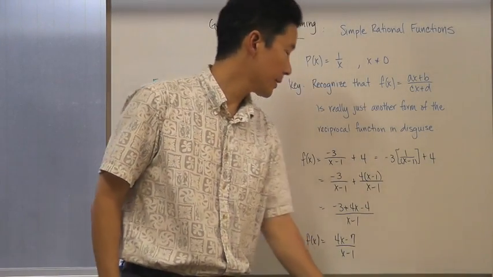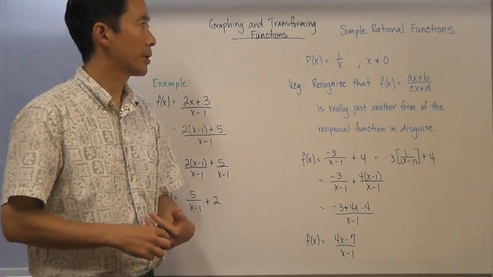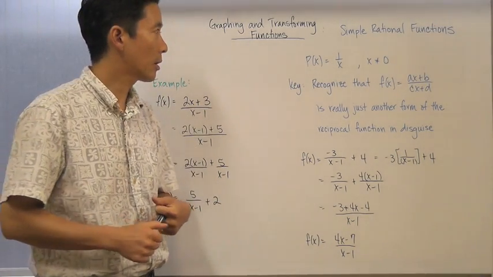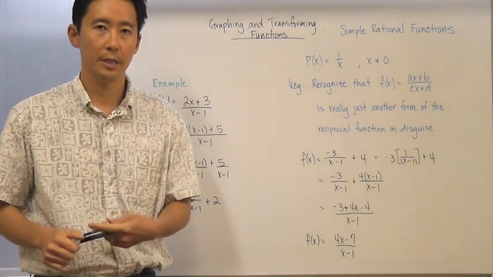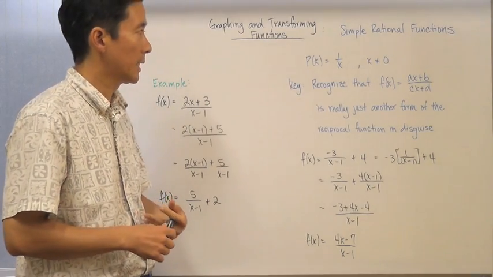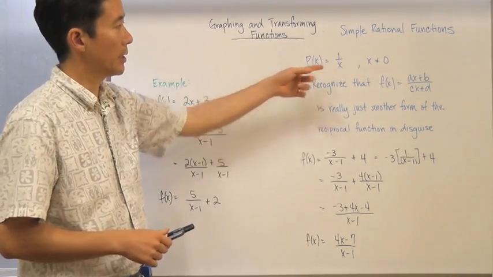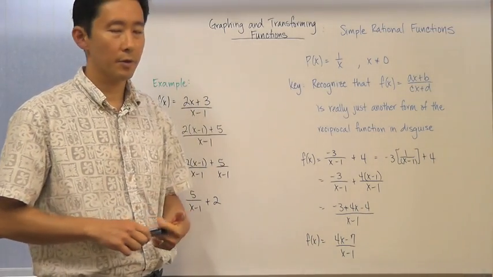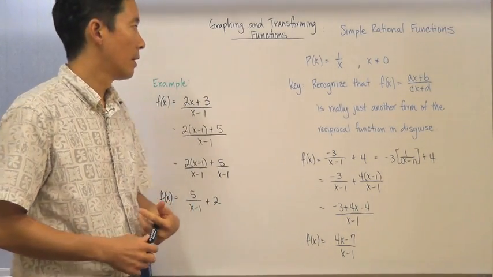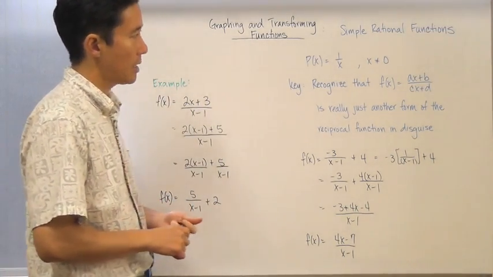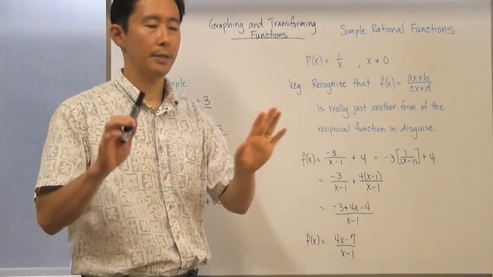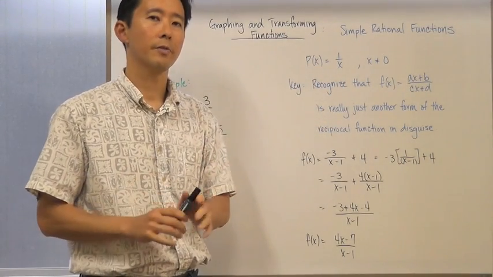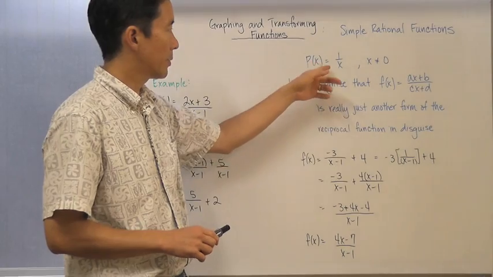Okay, let's go ahead and take a look at this particular function that we're going to look at called the simple rational function, or the reciprocal function. Okay, and this is basically what it looks like. It says p of x is equal to 1 over x, where x of course cannot be equal to 0. Okay, one of the things that we're going to see is that once we go ahead and apply transformations to this particular function,